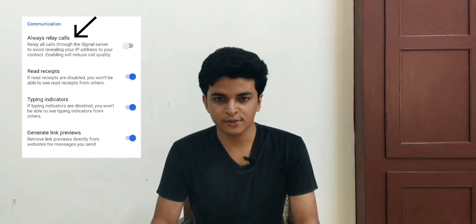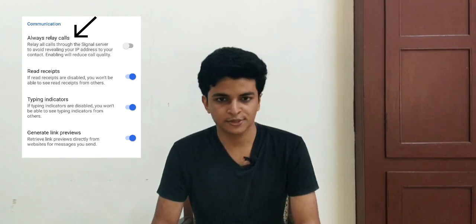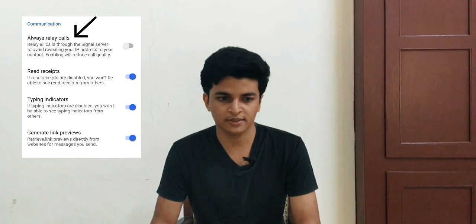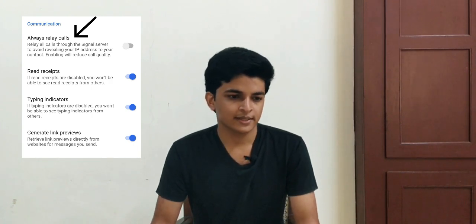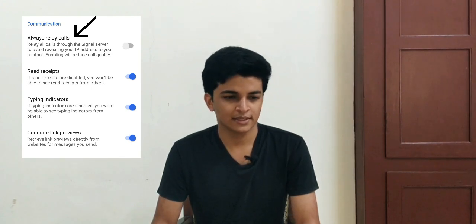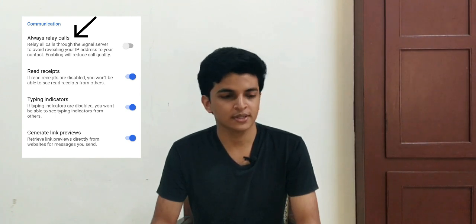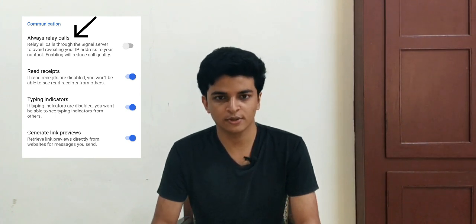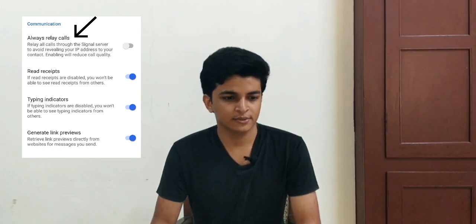Well, I actually don't recommend using this unless you are having a very private conversation, because with all the issues going on with the Signal app going down and stuff like that, the call quality on Signal is already bad. So if you turn this option on, the call quality is going to get worse. So I think you are better off without it.